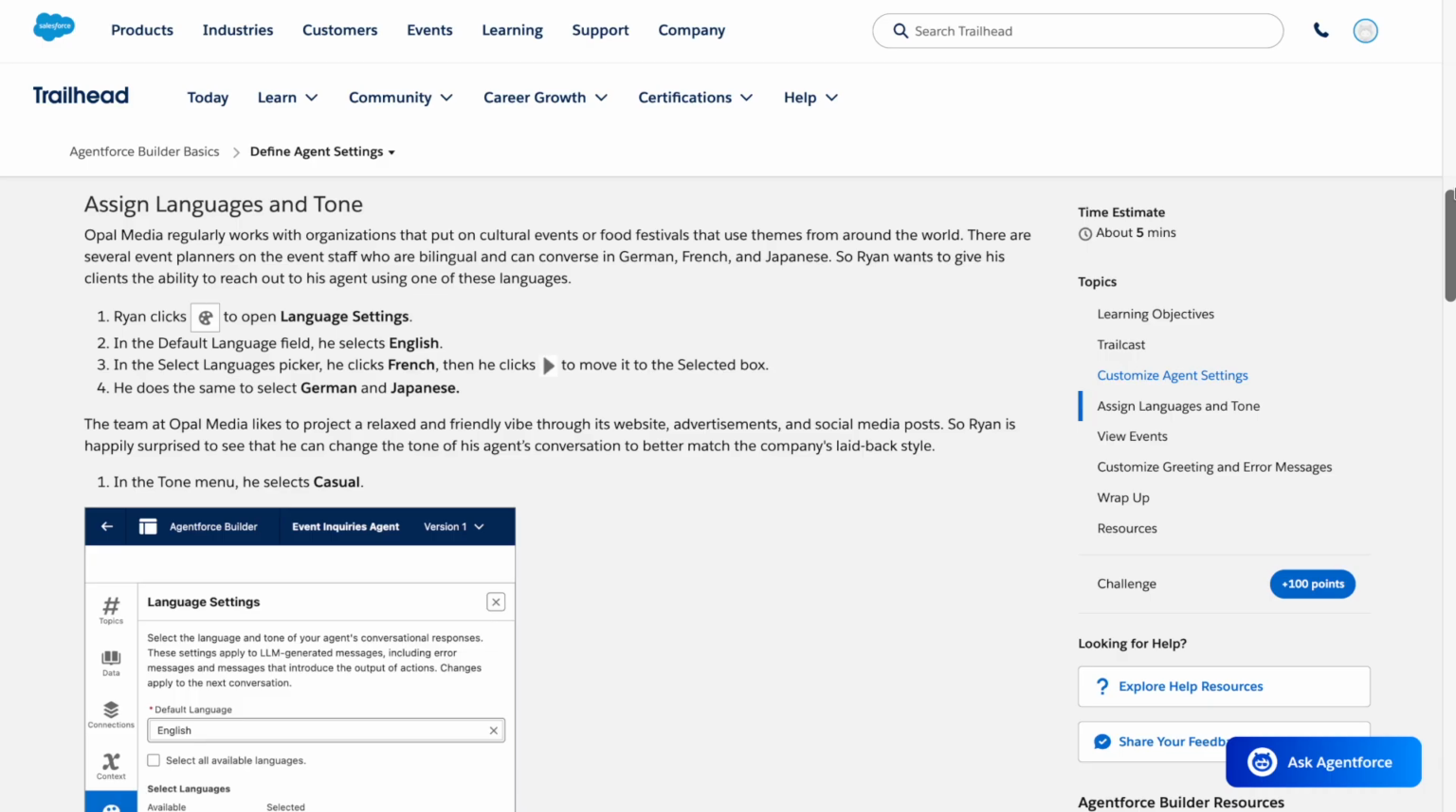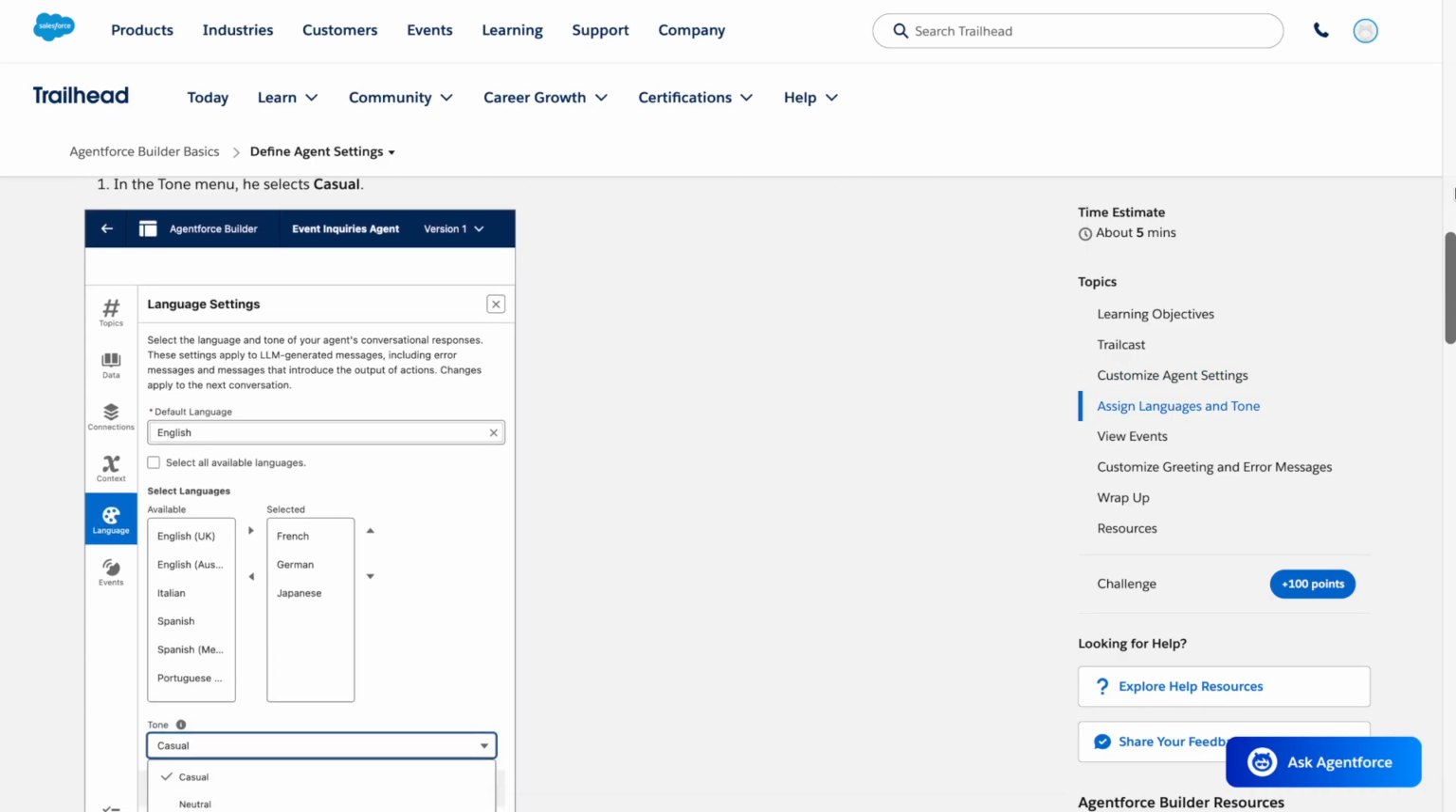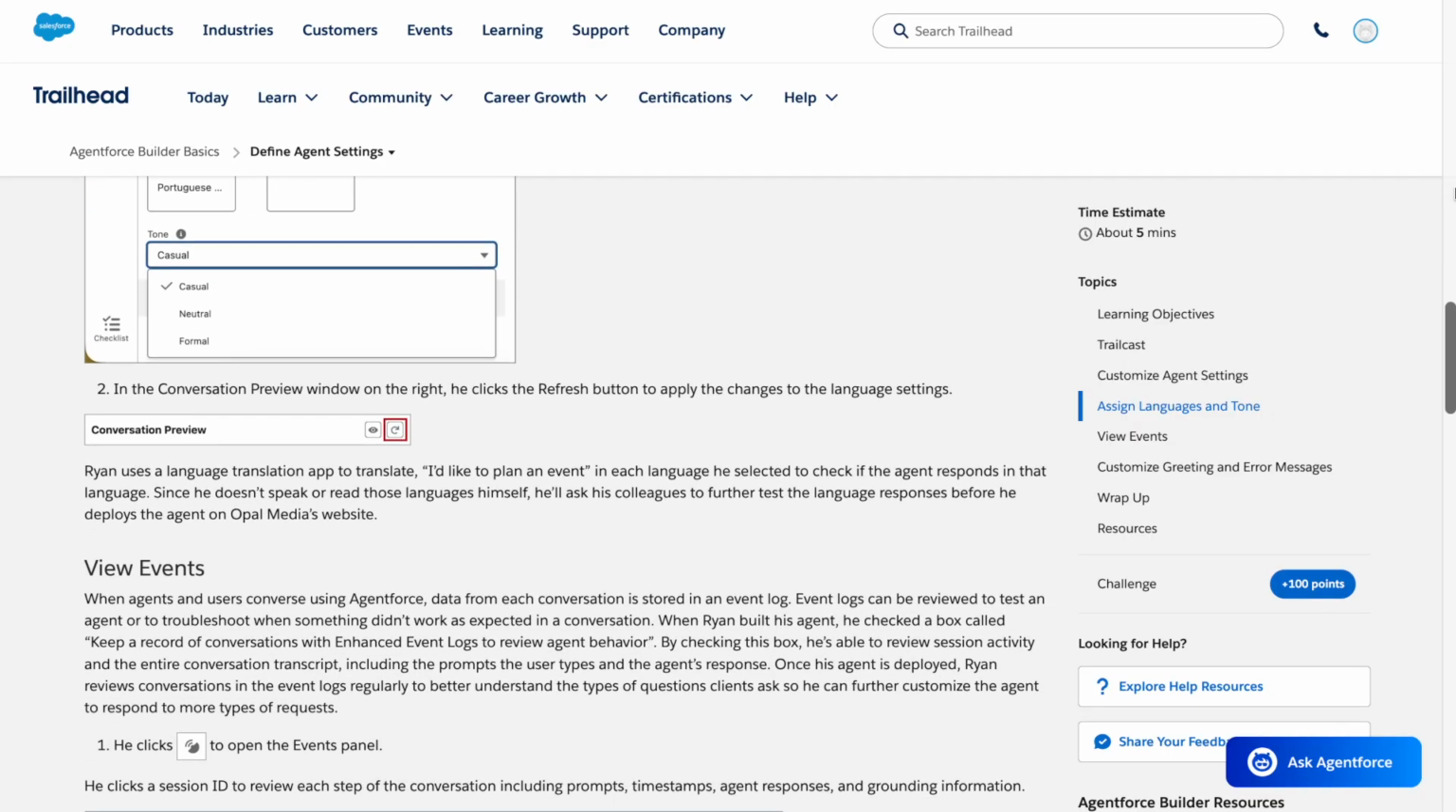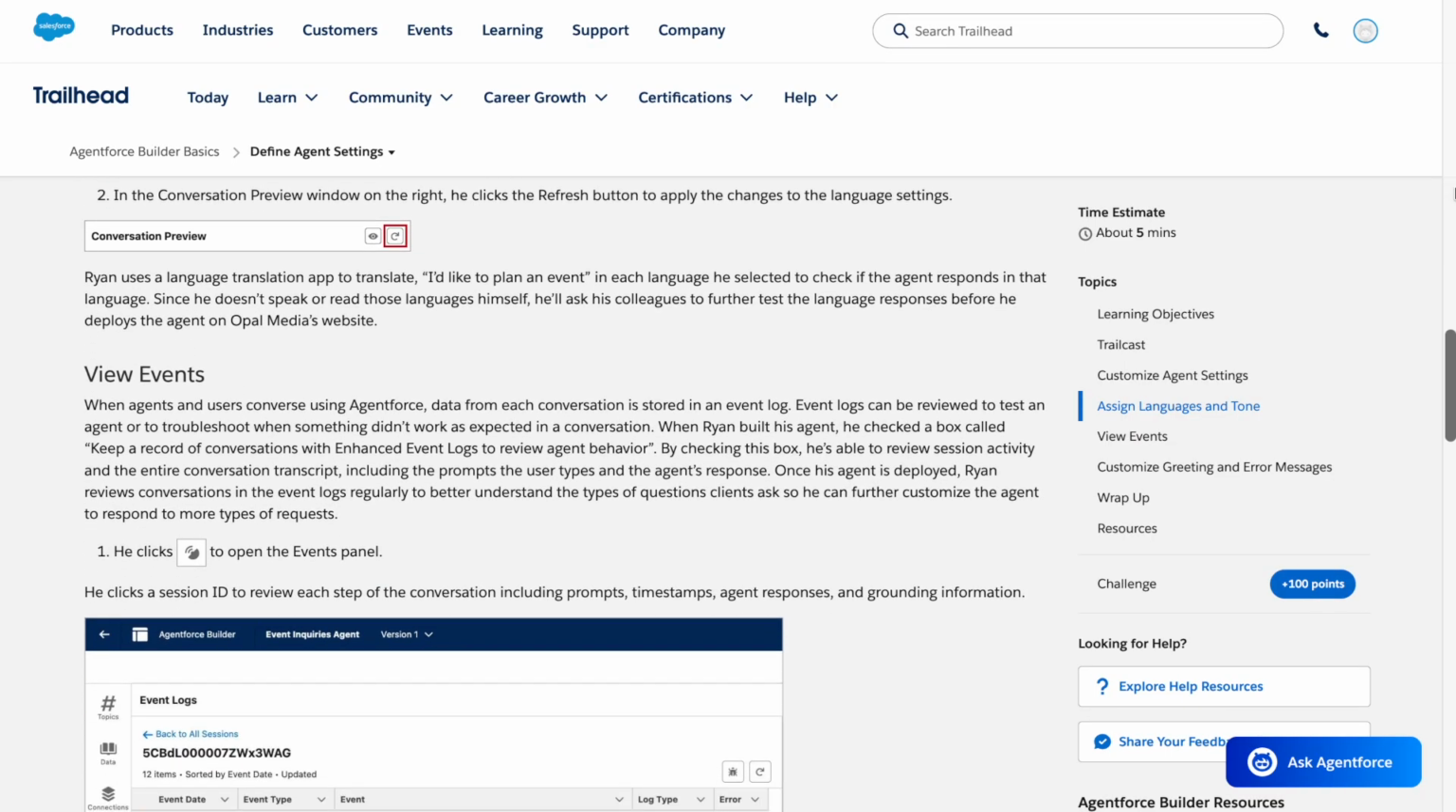The team at Opal Media likes to project a relaxed and friendly vibe through its website, advertisements, and social media posts. So Ryan is happily surprised to see that he can change the tone of his agent's conversation to better match the company's laid-back style. 1. In the Tone menu, he selects Casual. In the Conversation Preview window on the right, he clicks the Refresh button to apply the changes to the language